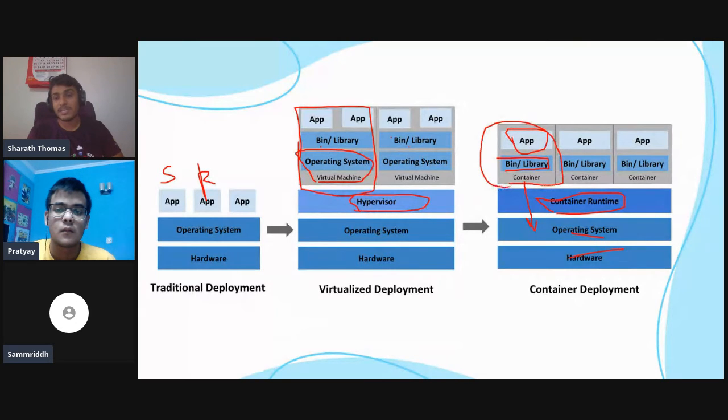So you can see how much space is saved, how much more stuff you can spin up. Suppose you're having a 1 TB hard disk. Your operating system is taking up so much already, this 20 GBs plus. So it is a lot of waste. But here you can have thousands of containers spinning up, and there won't be much issues with the communication or